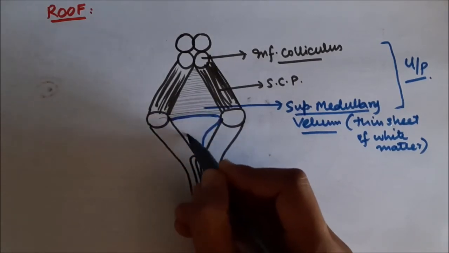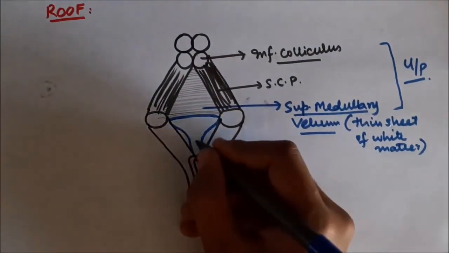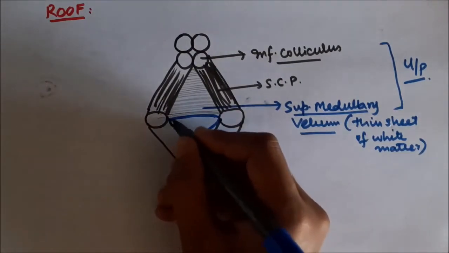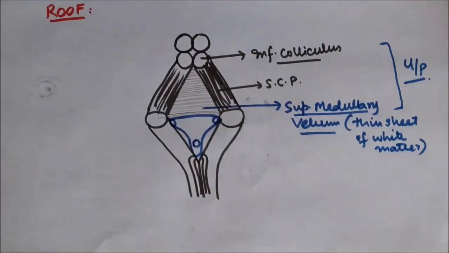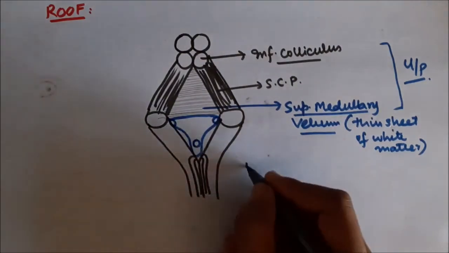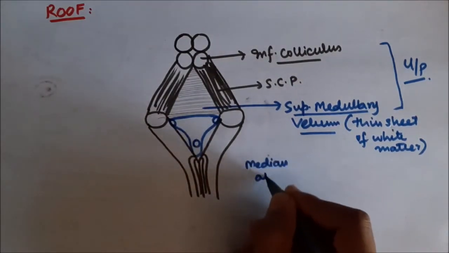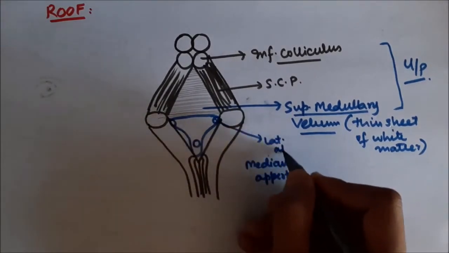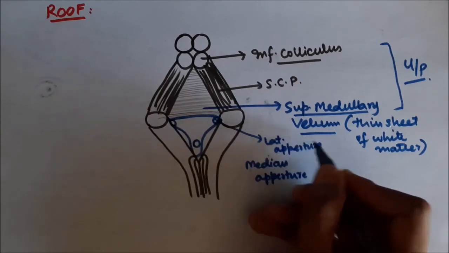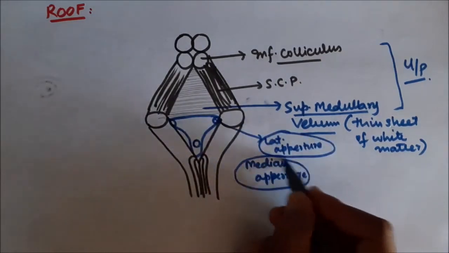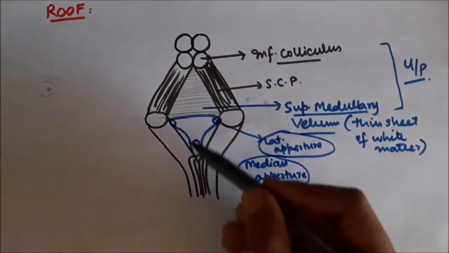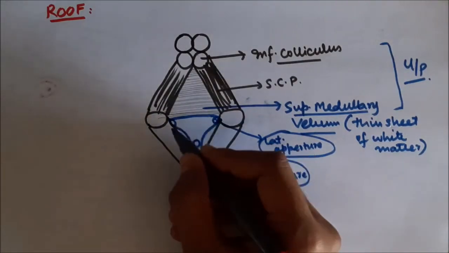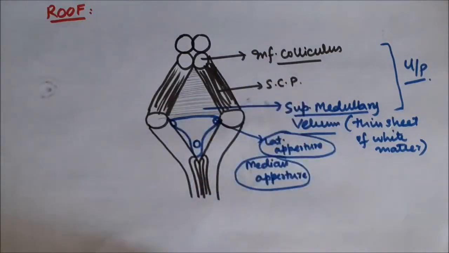So this is the ependyma lining, and this is the foramen of Magendie, or the median aperture, and these are two foramina of Luschka, and through these, this fourth ventricle communicates with the cisterna magna. These are the lateral apertures, and the lower one is the median aperture or foramen of Magendie. Okay, now inside this there is also the lining of pia mater, which forms Tela Choroidae, and choroid plexus is